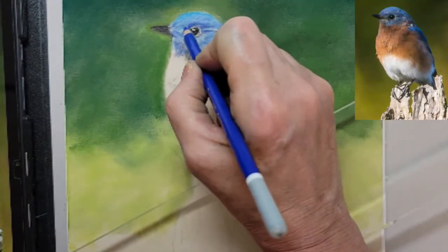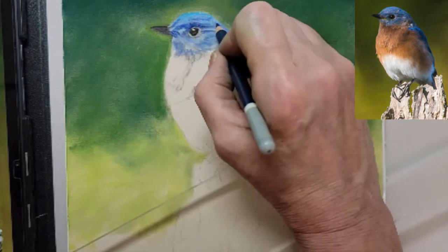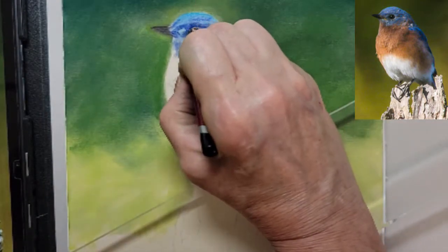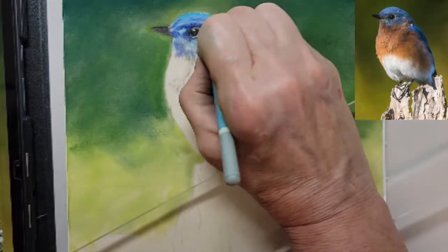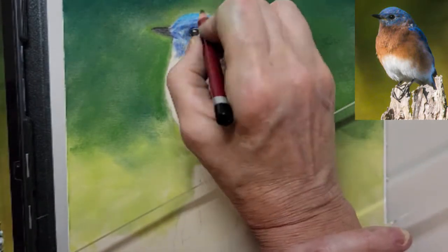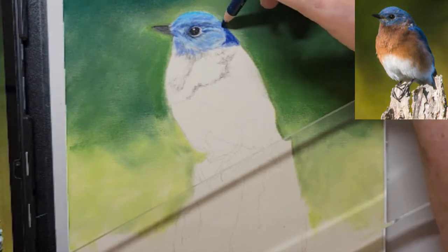I am reestablishing the dark shadows around the bird's eye, and I'm switching to a very dark blue to intensify the shading more dramatically. The dark shading will bring out the shape of the bird's face and will give it some depth and dimension. I have switched to my black pastel pencil to intensify the outline around the bird's eye